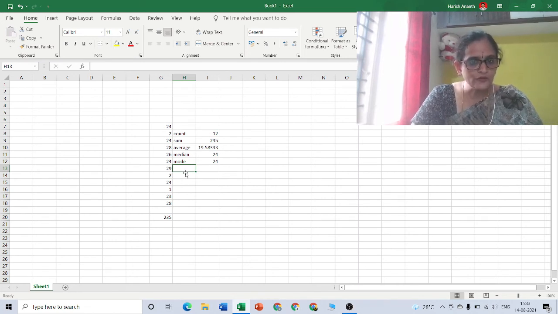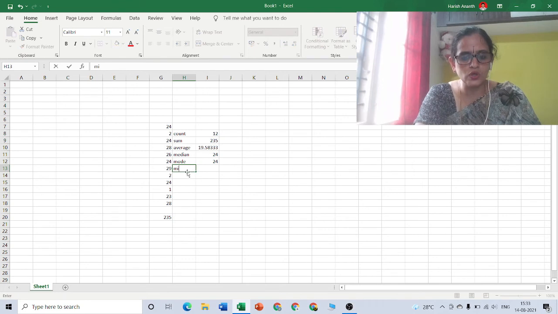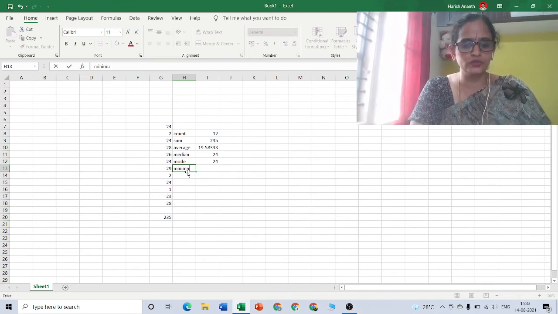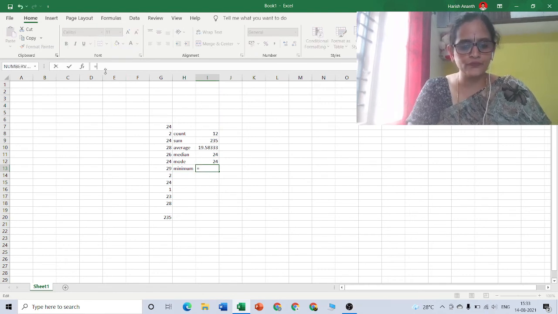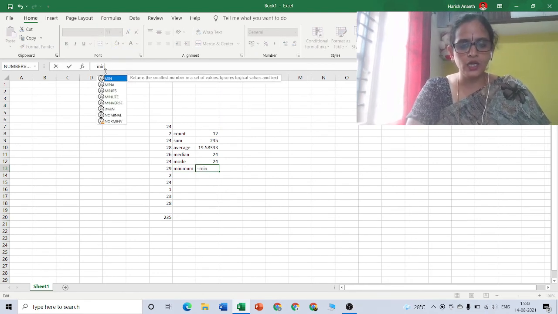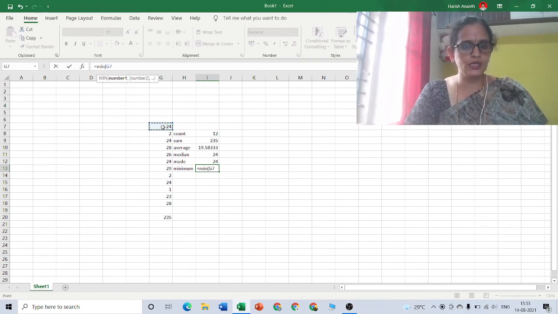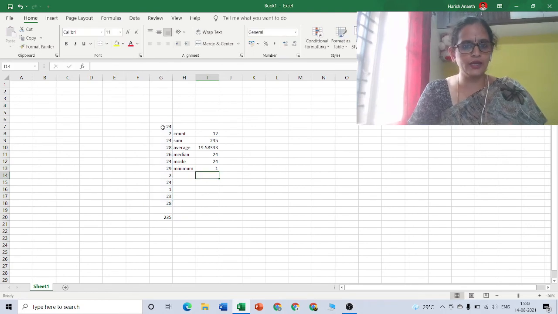Then if you want to find out the minimum score in this set of scores, how are you going to do that? Type equals min, open bracket, select the set of scores, close bracket, enter. So the minimum is 1, it is visible here. 1 is the minimum score.